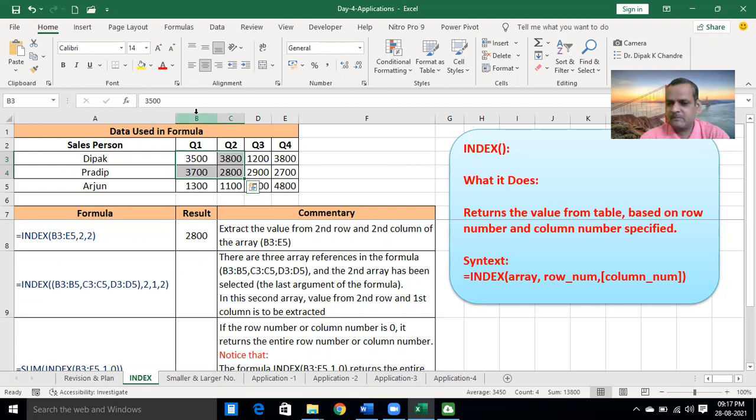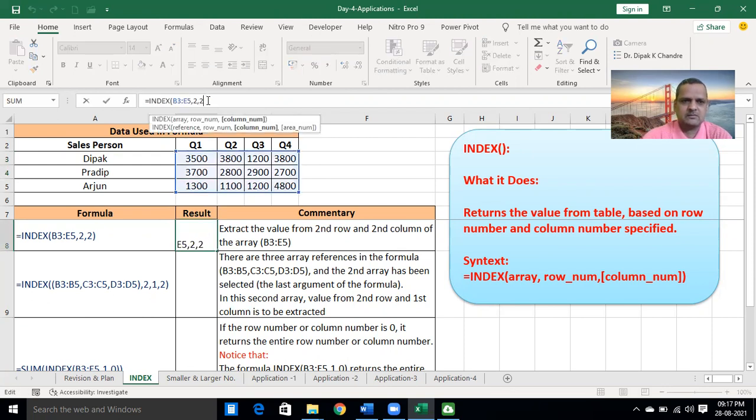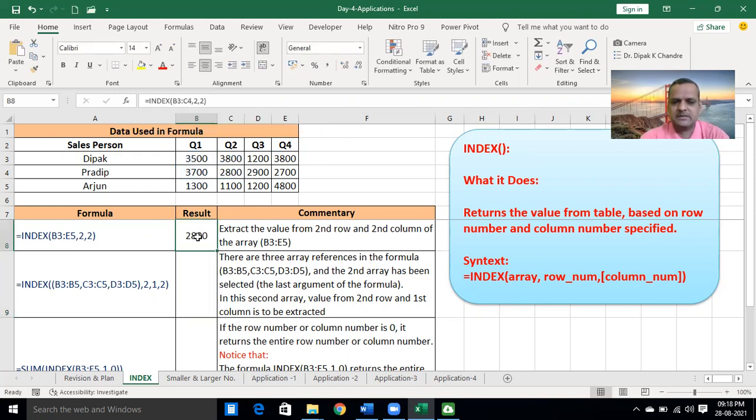Anybody? B3 to C4. Okay, and then the row number? 2, 2. Okay, we will check it. This table is selected and second row and second column. The same result will be shown depending on the selection criteria.